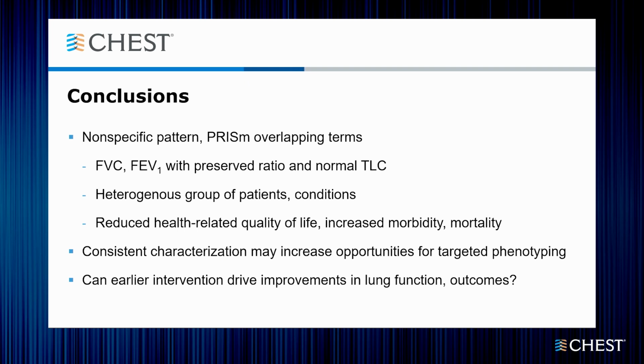So in conclusion, the nonspecific pattern and PRISM are really just overlapping terms in a very confusing area in the literature. Again, the definition: FVC and FEV1 are both reduced with a normal ratio and a normal TLC. It is associated with significant morbidity and mortality, and so I think this is an important area for further research. But as I spend more and more time thinking about pulmonary function testing, I'm less and less confident about what the lower limit of normal really is and how I necessarily interpret this absent a careful clinical